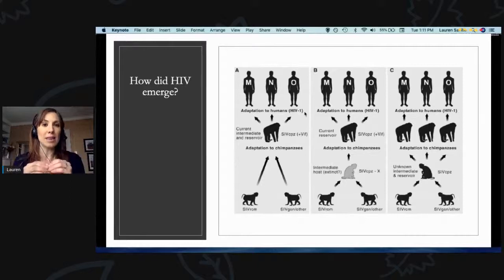Those two SIV strains recombined in that chimpanzee to create a new novel virus that could then be passed on to humans. It passed to a human who butchered that chimpanzee, probably got some bodily fluids of that chimp, maybe blood, into a cut or a sore, and then HIV transferred into humans. So it obviously was quite a combination of events that allowed this to happen. But once it did, this was in the 1920s in the Democratic Republic of Congo.